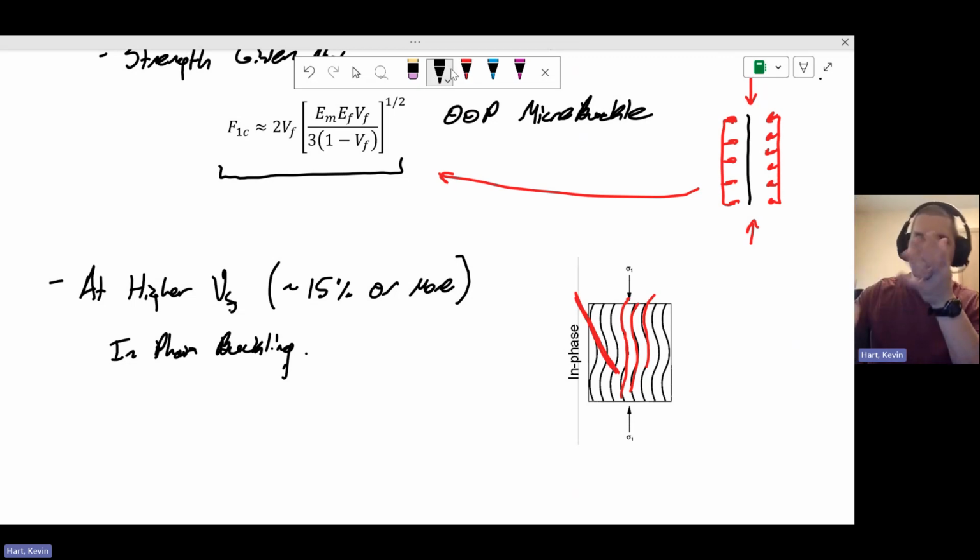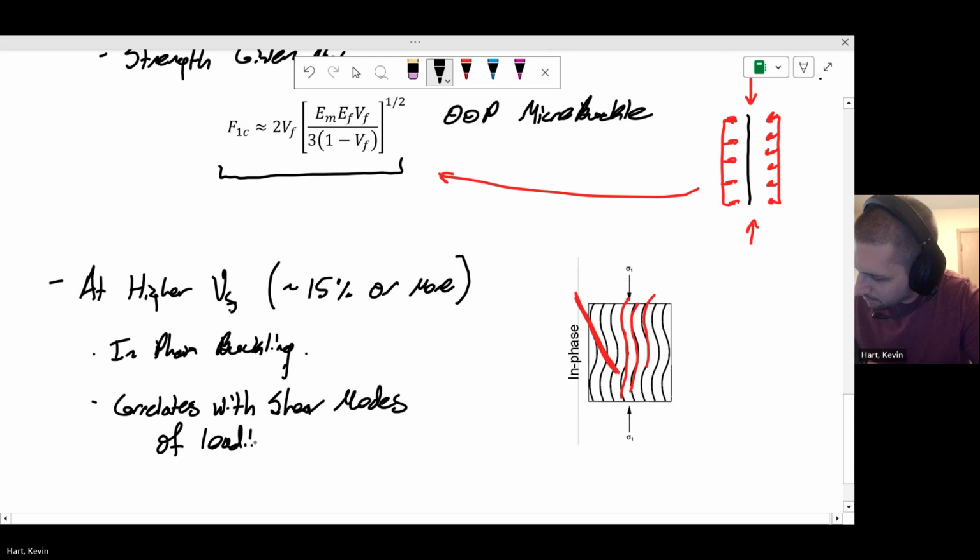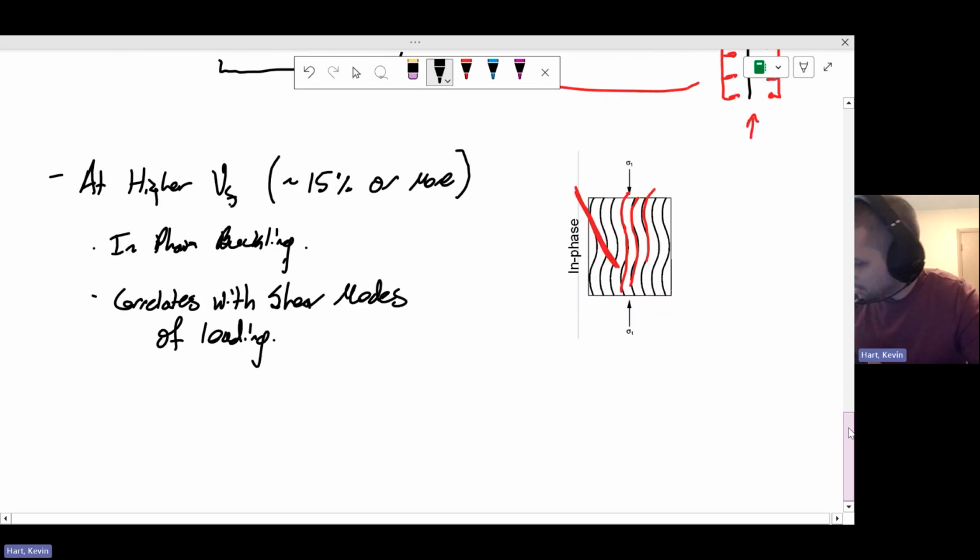And whenever you have these kind of off angle loading situations, you want to be thinking about shear and shear effects. And so just because of the way that this works out, the strength of this happens to be highly correlated with the shear modulus of the matrix. Okay. And so it correlates with shear modes of loading. And then the strength is going to be given by